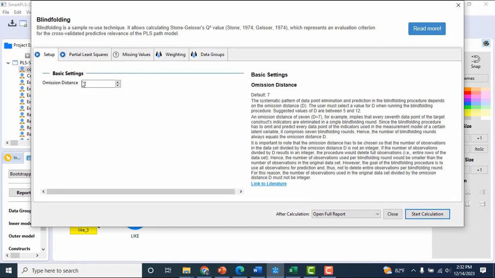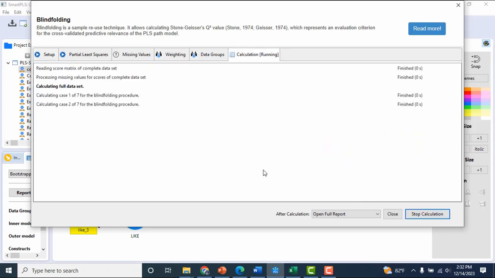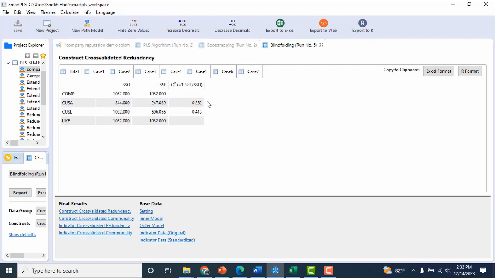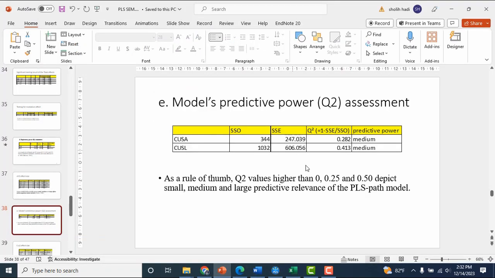The omission distance is 7 and start calculation. This way we get the Q square for JUSA and Q square for JUSL, only for the endogenous variable. Here, and the predictive power is medium for JUSA and JUSL.